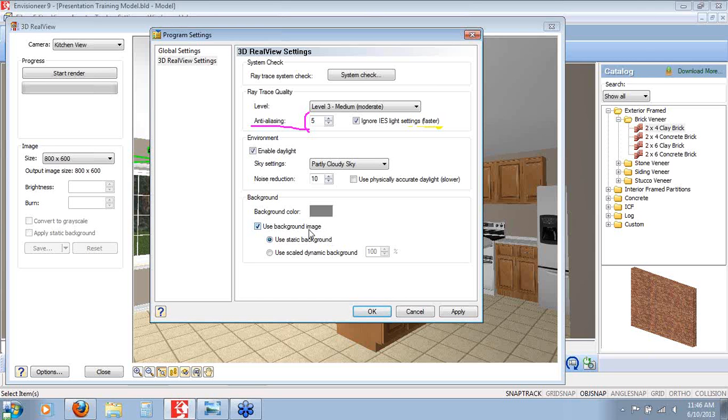You can use that background image, the one that's already part of your file. You can't come in right now and change it at this point, but you could change it to a background color. So if you just wanted it to have a gray or a white background, you can do that here. And when we're using that background, we can tell it to use either a static background or a scaled